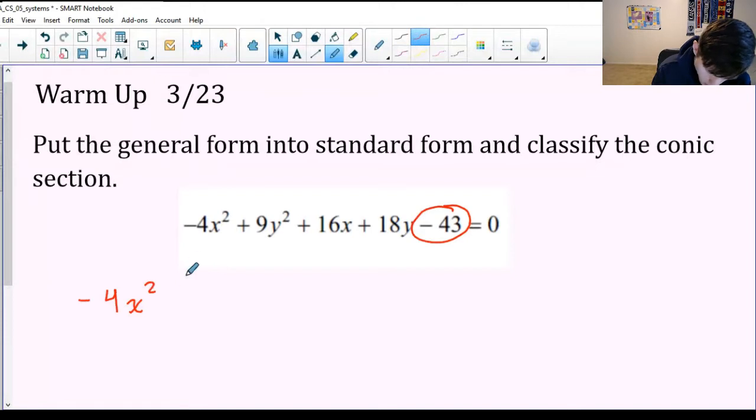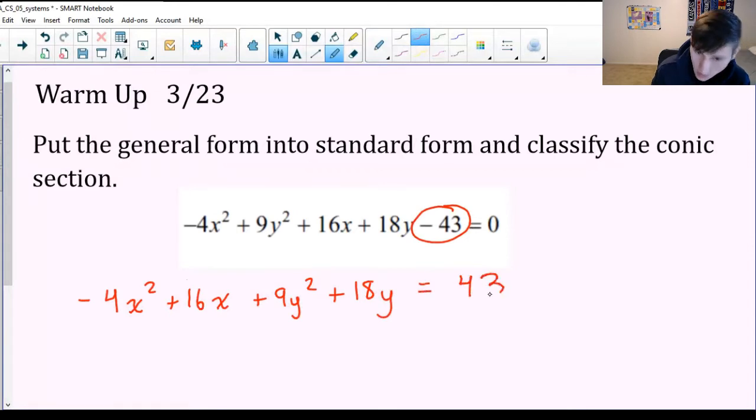So -4x squared plus 16x plus 9y squared plus 18y equals 43. All right, easy enough. I know my goal eventually is going to be to complete the square for both. So before I do that, though, the thing that people have been messing up on and kind of tripping up on is